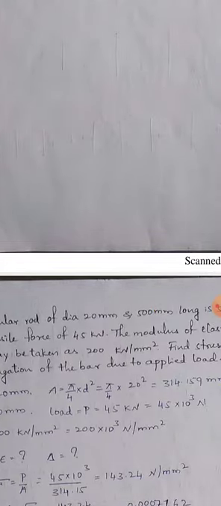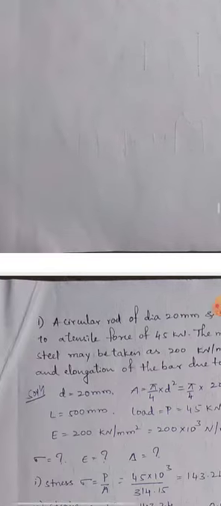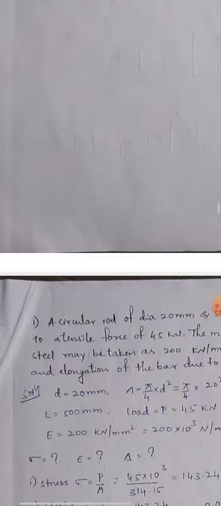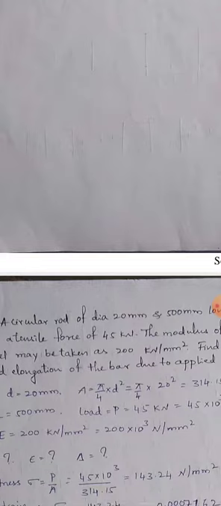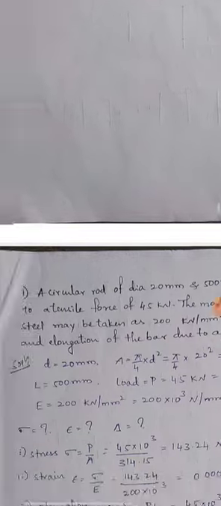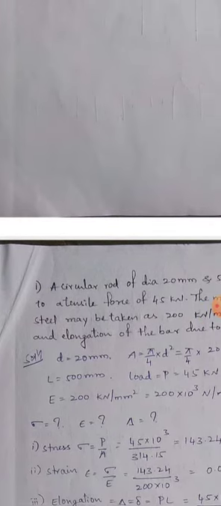Therefore load is equal to 45 kilonewton, because your stress is Newton per mm square, you should convert kilonewton into Newton, that is 45 into 10 raised to 3 Newton. And E is equal to 200 kilonewton per mm square. You have to again convert it into Newton per mm square, that is 1 kilo is equal to 10 raised to 3 Newton per mm square. And the main outputs are, you have to calculate the stress, strain and delta.